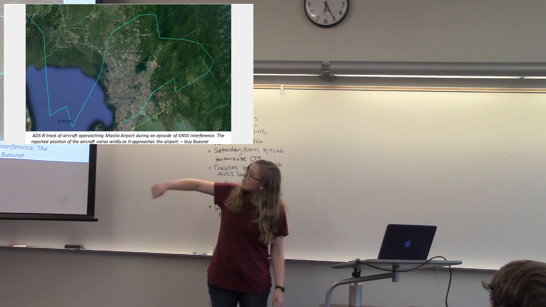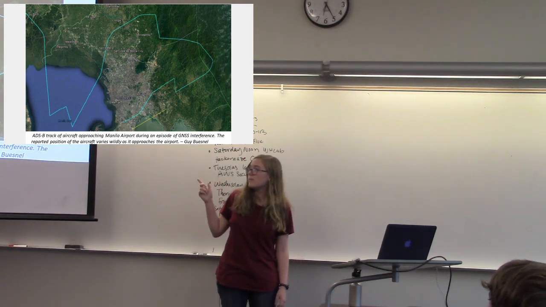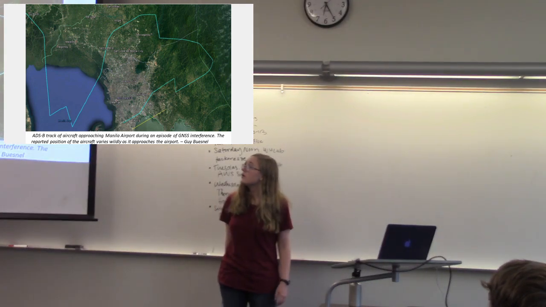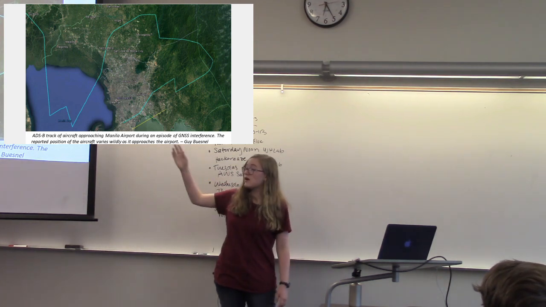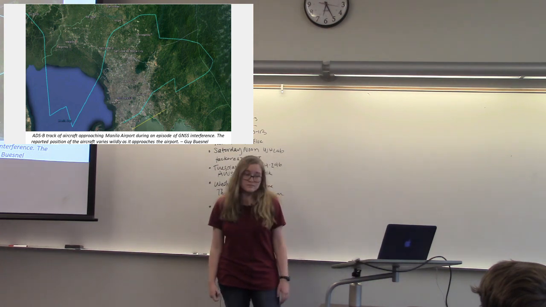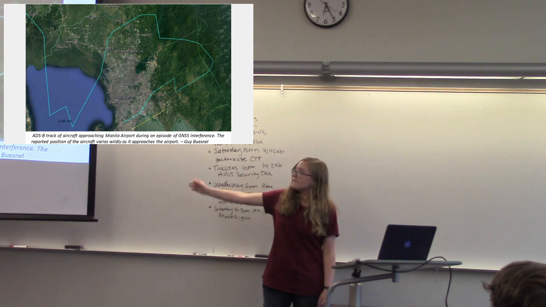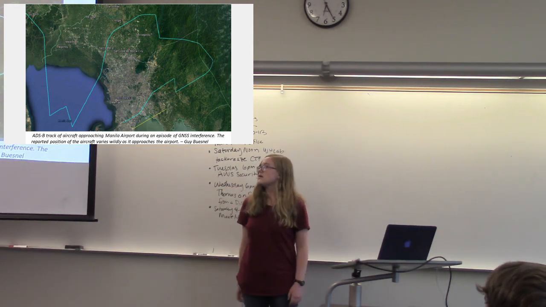This is a plane on approach to Manila Airport. That is not its actual path. There was a radio tower nearby that was causing a huge amount of interference at this airport. So the plane did not land at the airport in that path, but that is what the plane thought it was moving. So the actual path was very different, but when they're given this data, this is what causes missed approaches, because they don't know